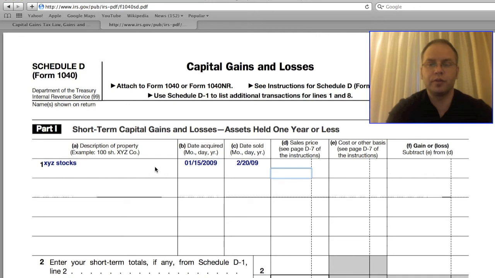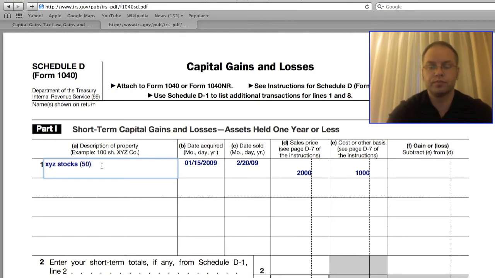Now, if you're preparing the return online, it's automatically going to fill in this form, so you wouldn't have to do what I'm doing right now. The sales price is the total of all the stocks for that particular stock that you bought, how much you received when you sold that stock. Now the cost, let's say we paid $1,000 for all those stocks. And here, you have to put how many stocks you bought. So let's put